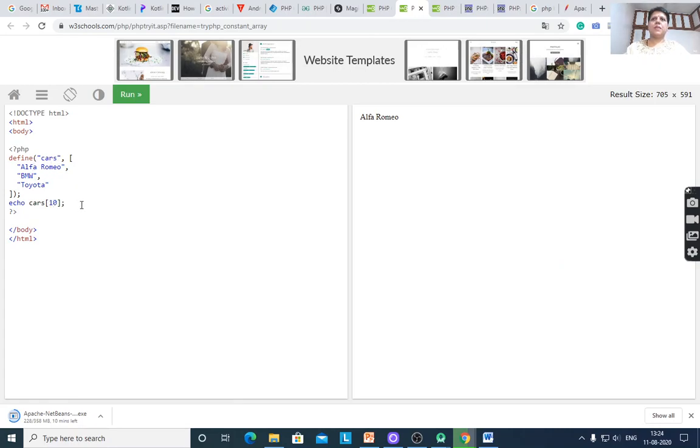Suppose here 1, it displays BMW. As per the index, we have to assign the values. 2, it will display Toyota. Constant arrays. Here the square bracket is not there, therefore it will give an error.